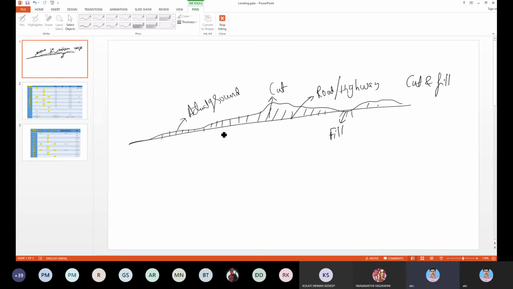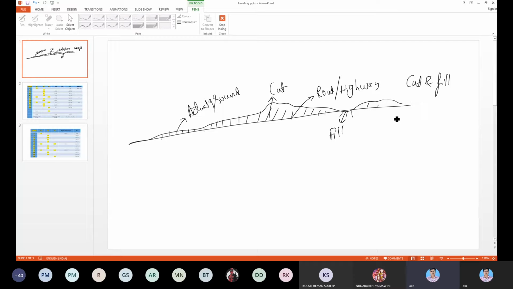So in those times you will want to know the level data. Without level data, one cannot proceed with further construction because this forms the basis of the cut and fill data. That is one thing, and the second thing is what you will study in the next semester in transportation engineering.